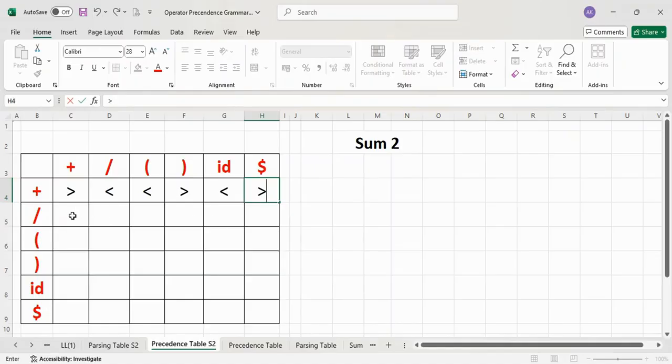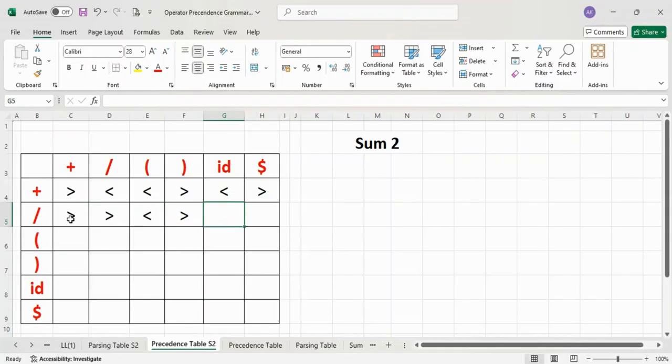Let us see one more example or one more row. Division plus, division has greater priority. Division, they are of same priority. So we go with left associativity rule, and hence left division sign will get a greater than sign. Opening bracket compared to any operator, or operator compared to any opening bracket, the sign always will be a less than sign. So whenever you encounter an opening bracket, make sure you give a less than sign. Similarly, when you encounter a closing bracket, just give a greater than sign.